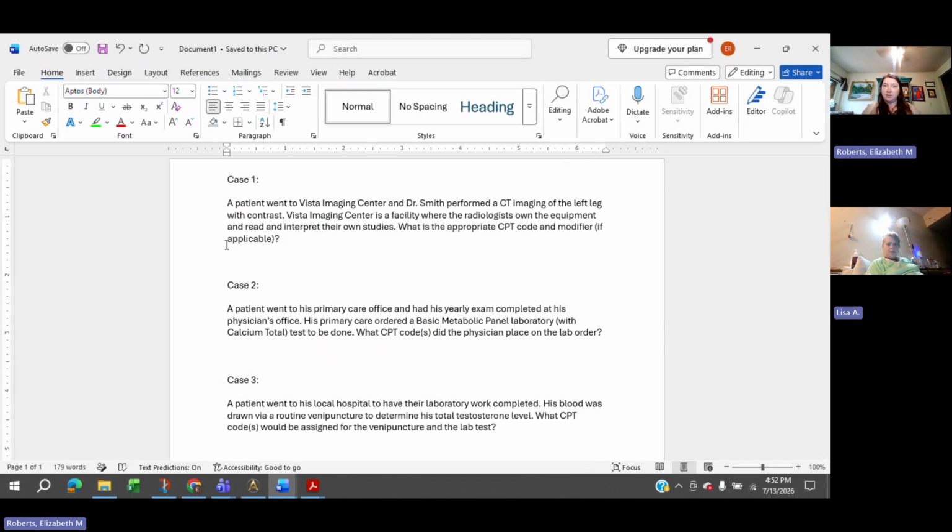Okay, so this week in the discussion, we're talking about radiology and laboratory services. Last week we did E&M. This week we're doing radiology and lab. And remember in the CPT codebook, we have 6 sections. We have E&M, which we did last week, anesthesia, which we'll do at the very end of class, and surgery, where after this week we're going to spend a couple weeks. Then radiology, lab, and medicine. So we have these 6 sections.